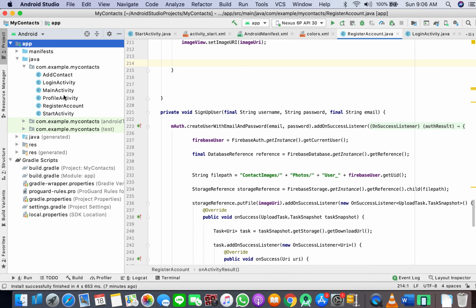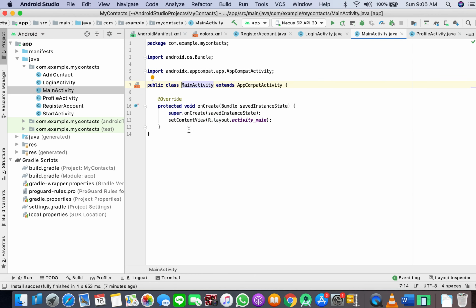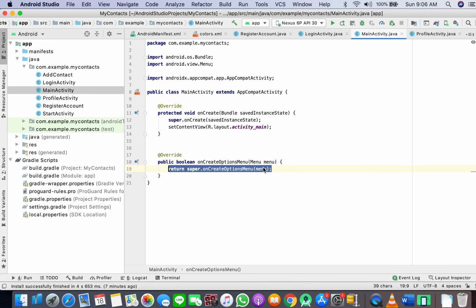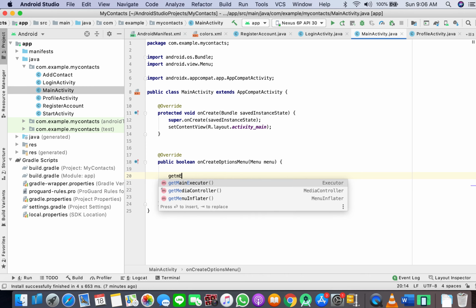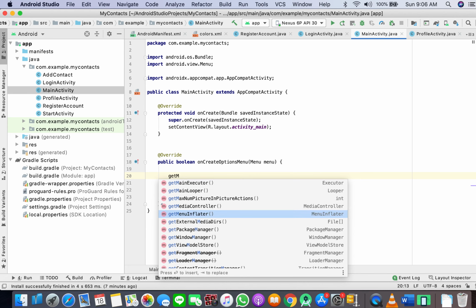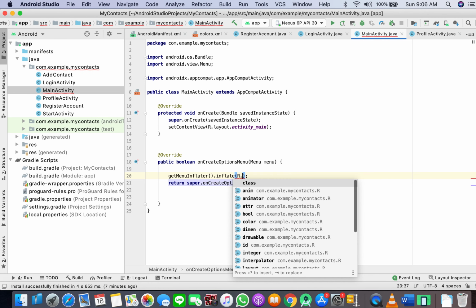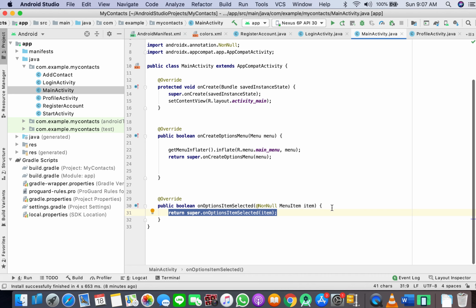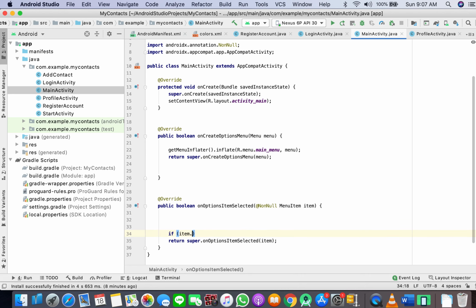So what I'll do is go to the main activity first, and right away in onCreateOptionsMenu, before the return statement, get the menu inflater and inflate our menu, main menu. And here in onOptionsItemSelected, what we will do is check if item.getItemId